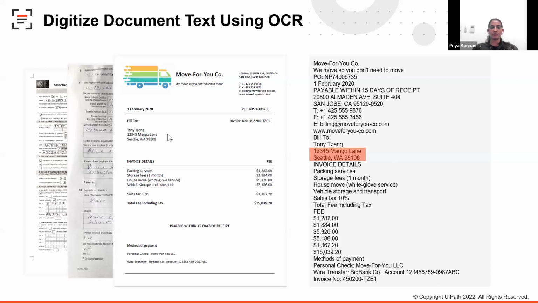If you notice the file at the top, this information is in a table or some layout, and it's being converted into text. And once we digitalize,